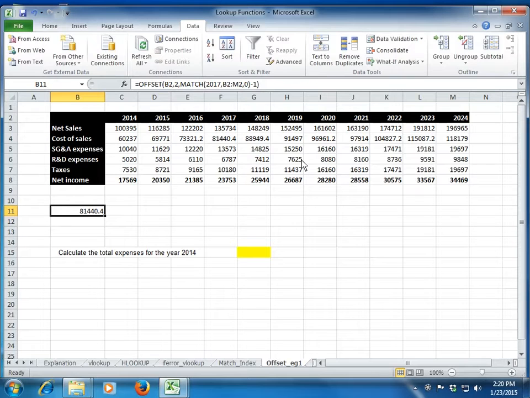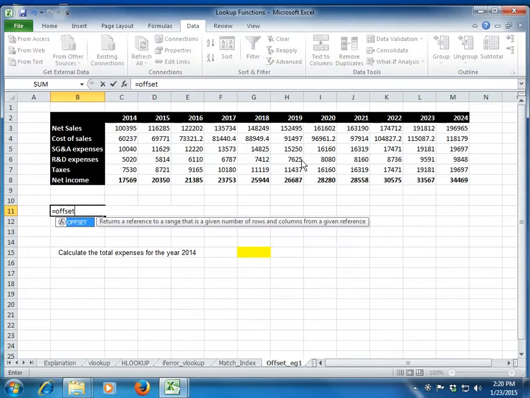Right, so this is one of the basic offsets we use, or how the offset syntax works. But of course, this is not what we generally use the offset function for. Let's understand this function further. Again I start with offset. It says a reference, I give it a reference. It says number of rows to offset, number of columns to offset. I'm just giving any random number.